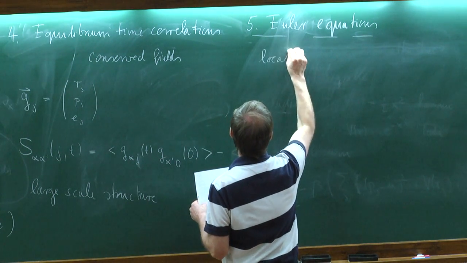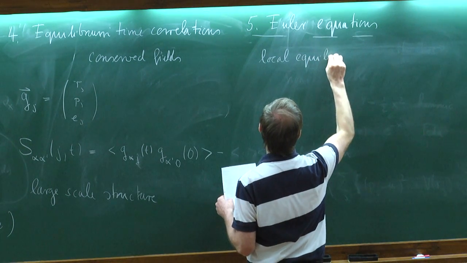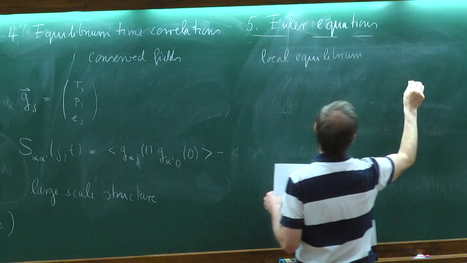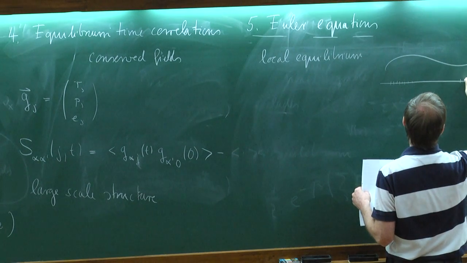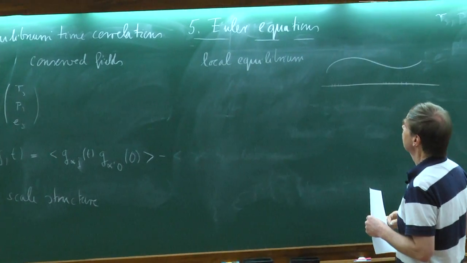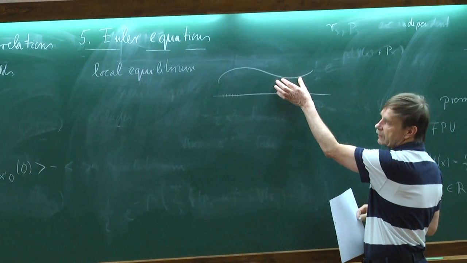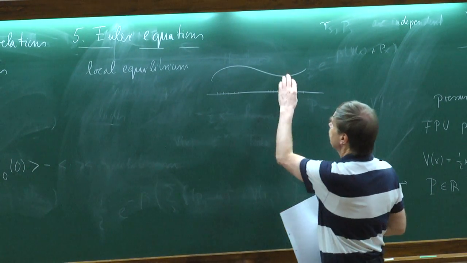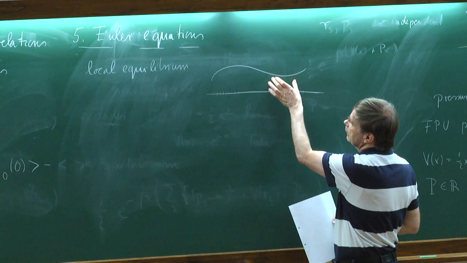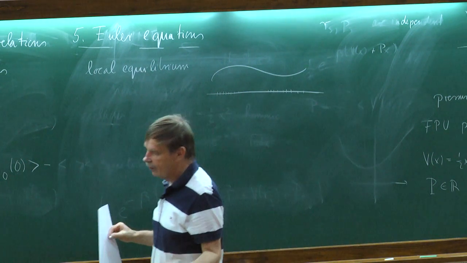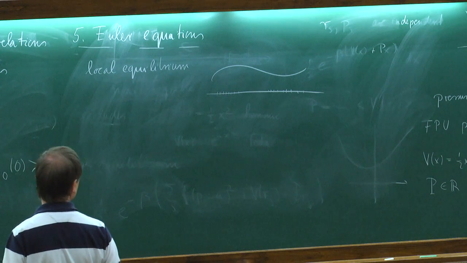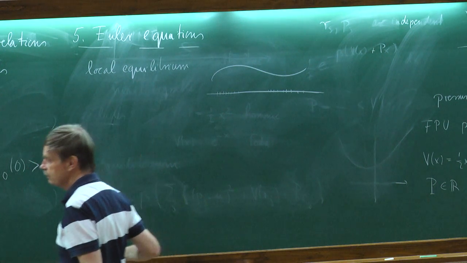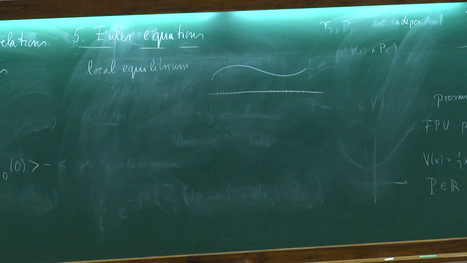You assume that you prepare your system in local equilibrium. What this means is that you have this underlying lattice, and then you have some variation of your conserved fields. But in a small piece, I'm thinking that this is essentially constant, and so when I look at the state over here, it looks like an equilibrium. A more formal way would be to look at our equilibrium measure.